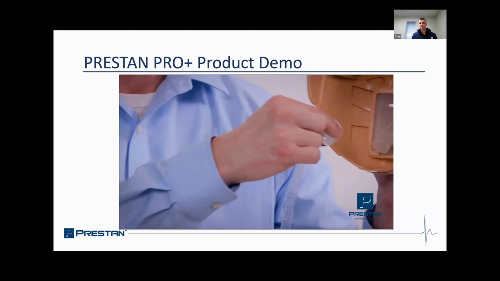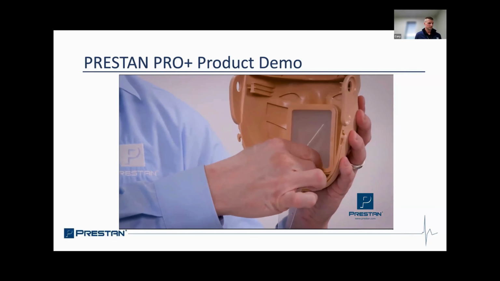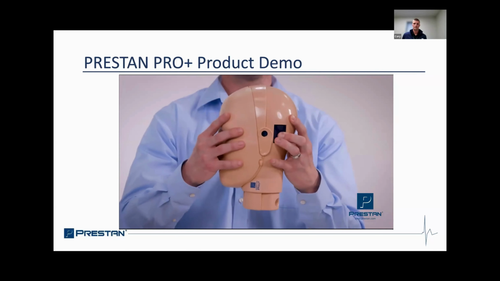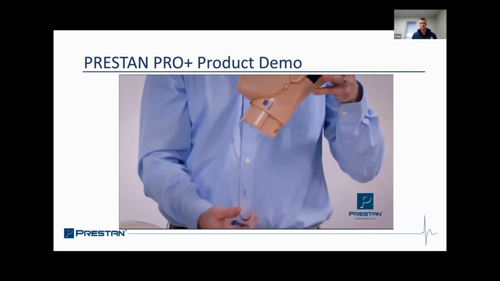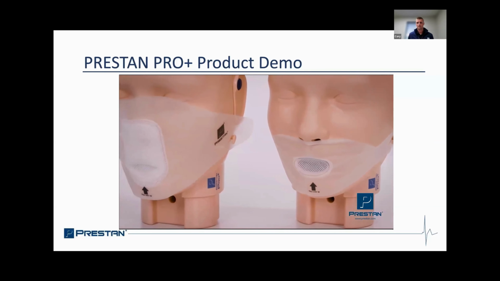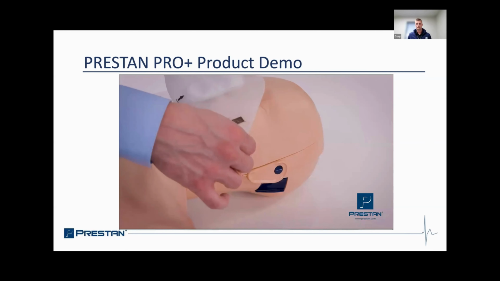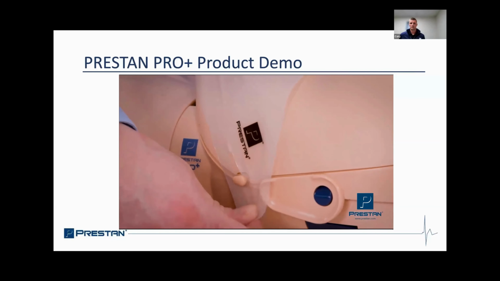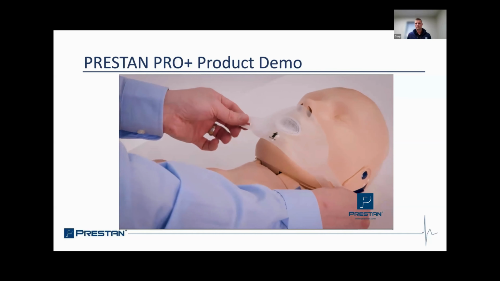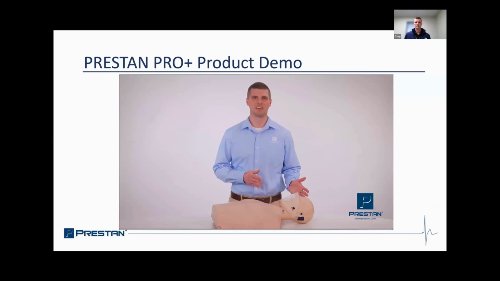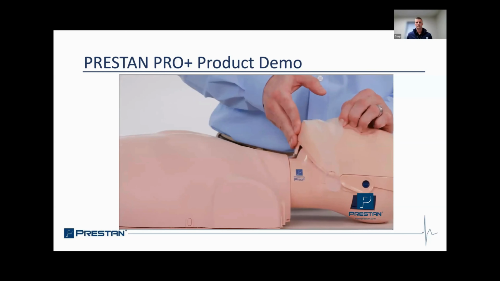To install the lung bag, simply squeeze the blue buttons located on each side of the head and remove the face assembly. Secure the plastic ring at the end of the lung bag onto the oral nasal insert tube. Attach the face assembly back onto the base of the head by aligning the two pieces together. A new Pro Plus face shield has been designed to fully cover both oral and nasal airways. Simply line the face shield up and secure it to the ear pins on each side of the head. The current Preston Professional Adult Face Shield can also be used.